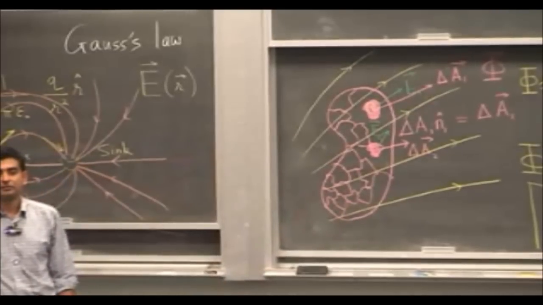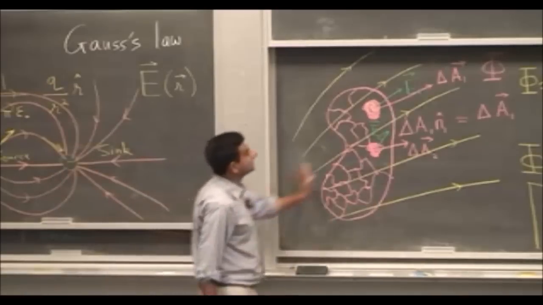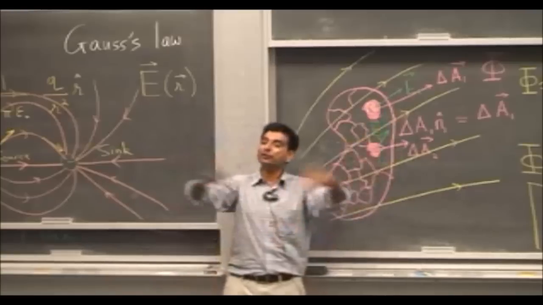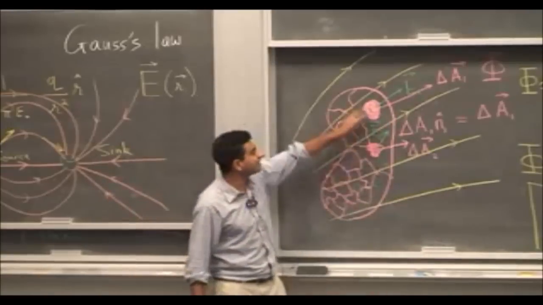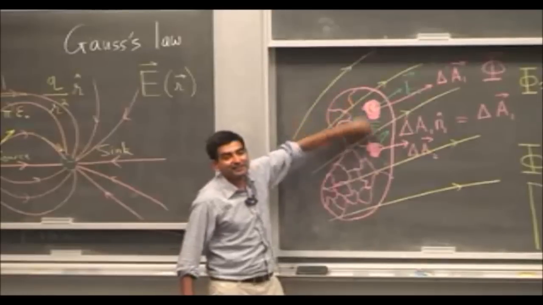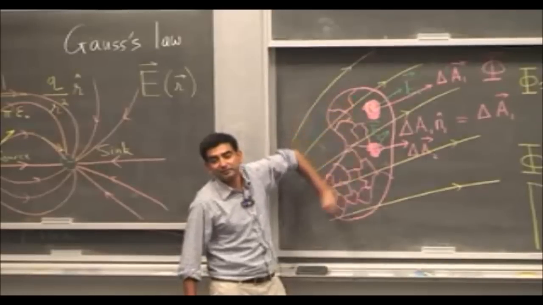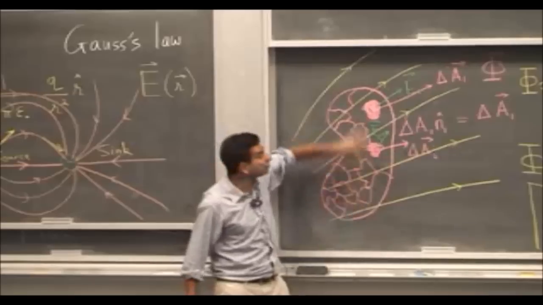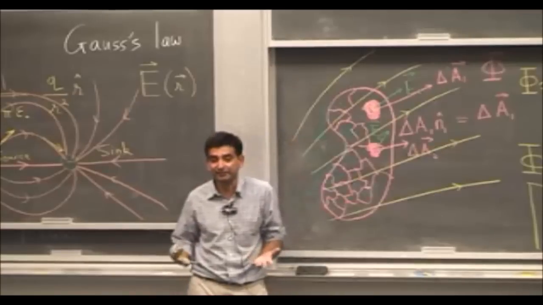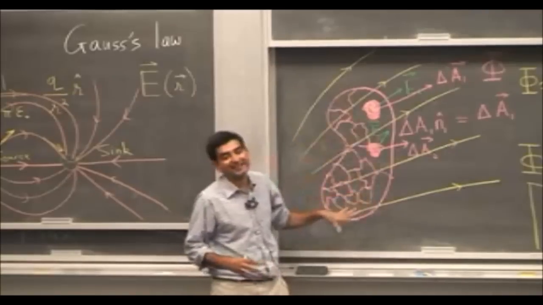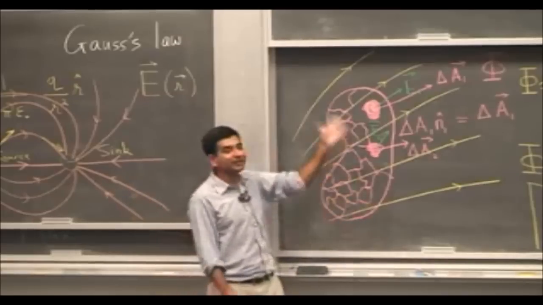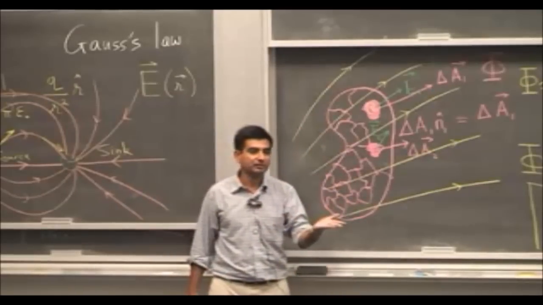Zero. Because as many field lines enter this surface, so many field lines go out of the surface. The field lines cannot sink somewhere, they cannot be annihilated somewhere inside this sphere-shaped object. They cannot disappear. There are no charges inside this object which can act as sinks for field lines, and there are no sources inside this object which can act as sources of fields. So whatever field line comes in has to go out.